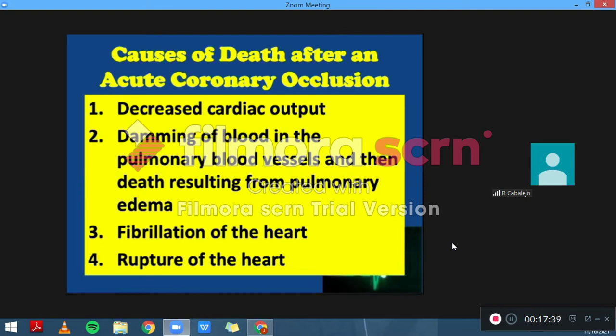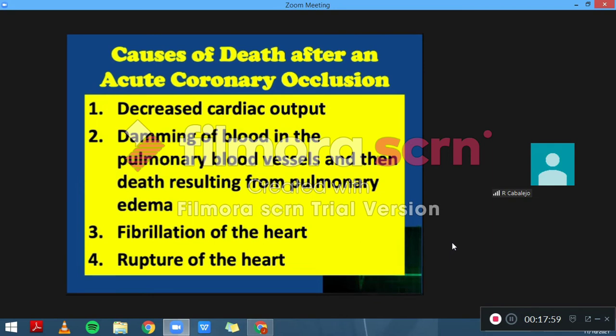The causes of fibrillation would usually be increased potassium levels in the extracellular space surrounding your ischemia, as well as the current of injury, like we've discussed in ECG, and the effects of your sympathetics,